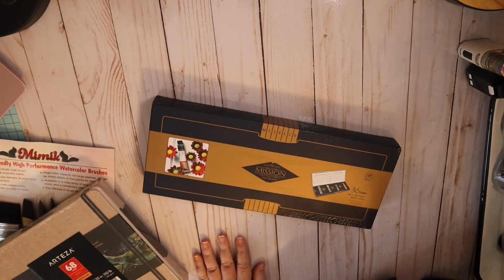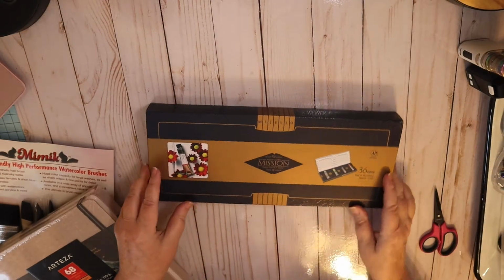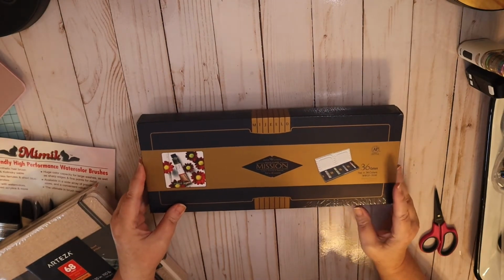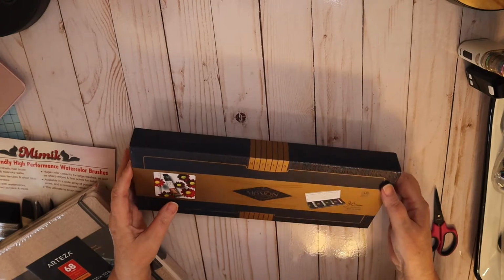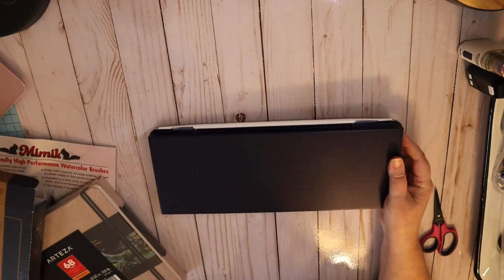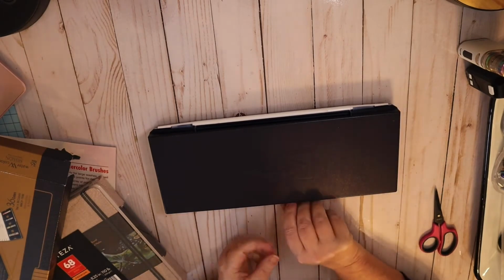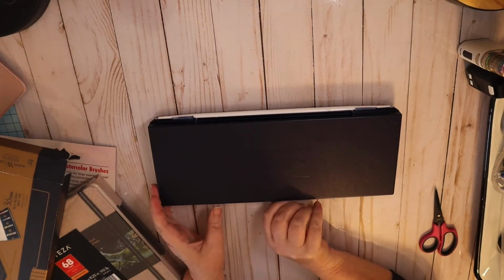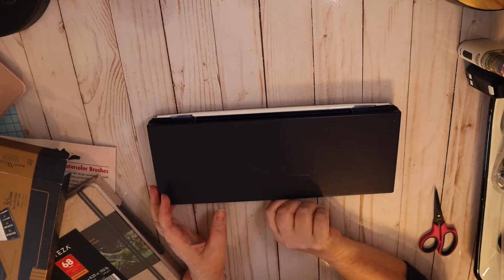And then I got this Mission Gold watercolor set. So I was really excited. I do not have Mission Gold. I haven't even opened them yet. And it comes with the palette. I got these for like $57 right now. I don't know if that's the price they'll be